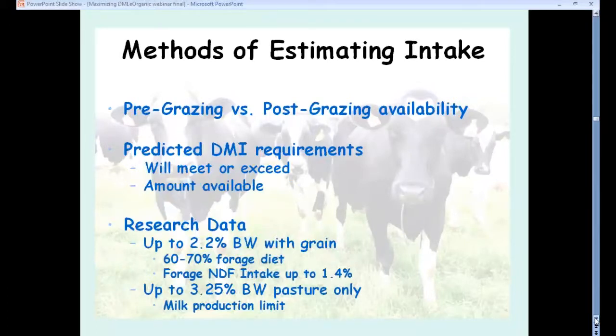Okay. So when we look at the methods that we can use to estimate intake,